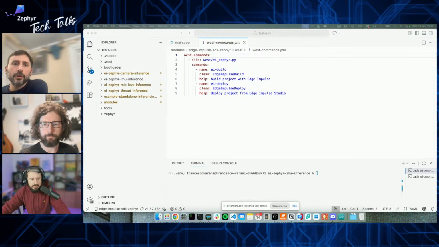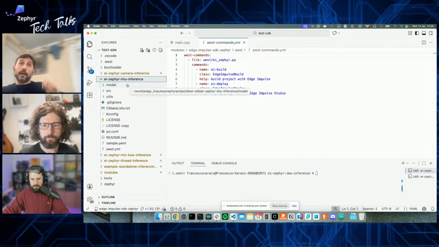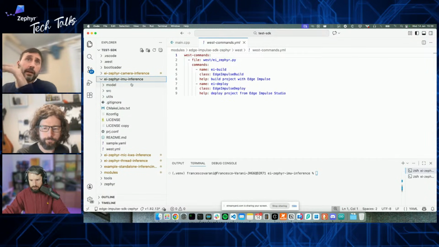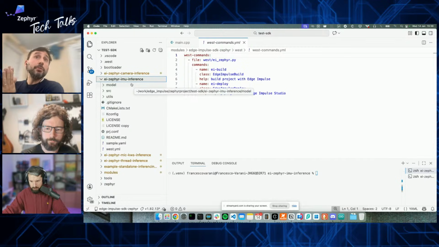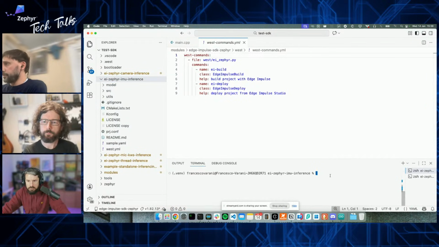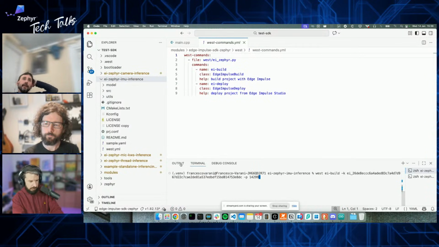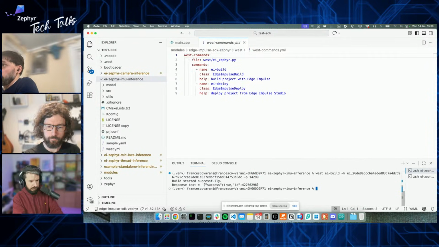Let me show. So this example, you can find it in our GitHub. It runs inference on IMU data from an ST sensor shield, so from real data. Here we can quickly show the build command. This is the command, west ai build, the API key that is found in a tab in the project, and then the project number. With this command, we're going to build the project,